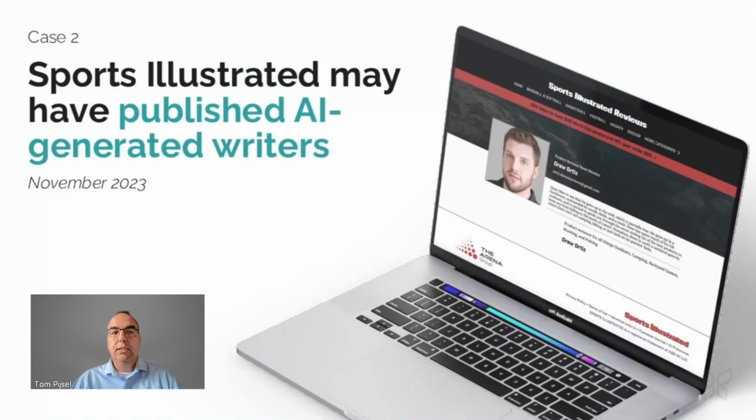This case highlights how AI can be misused in content creation, eroding trust in established media brands. There was no disclosure to the readers that the content or authors were in fact AI generated. And this raises serious ethical concerns about transparency and accountability. Worse still, it undermines readers' trust in journalism in general, a field where integrity of authorship and content is crucial. So this example shows that AI, when poorly governed, can harm both your reputation and the trust that we place in media organizations.